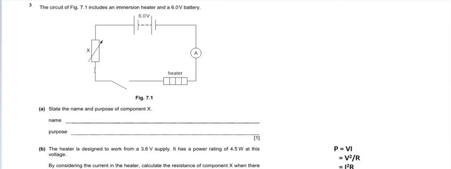So if you remember, what is this kind of symbol representing? You can see this question part A: state the name and purpose of the component X. If you have only the rectangle, it can be the resistor, and if you draw an arrow